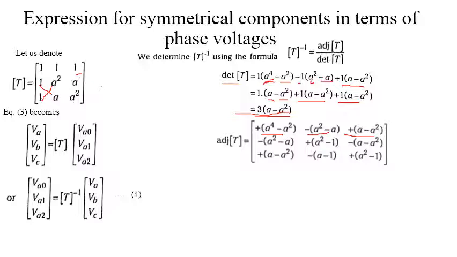Let's come to the next part of the matrix. We have to calculate what is the term for this. For this it is nothing but 1 into a square, so we'll get a square. And this is 1 into a, minus of 1 into a, so this is minus a. How I got this minus, I already told that this is plus, minus, plus. Similarly for the next term we have to multiply 1 into a square.